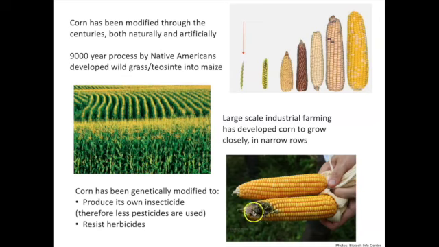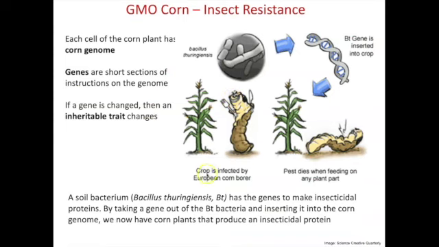If you've ever opened an ear of corn and found these worms, corn borer worms, that burrow in underneath the corn husks and eat the corn before consumers can get to it. The genetically modified corn can resist this worm by producing its own insecticide in the corn. We know that corn is susceptible to this European corn borer. So using genetic engineering techniques, this is a type of corn, this GMO corn, that is resistant to this worm because it produces its own